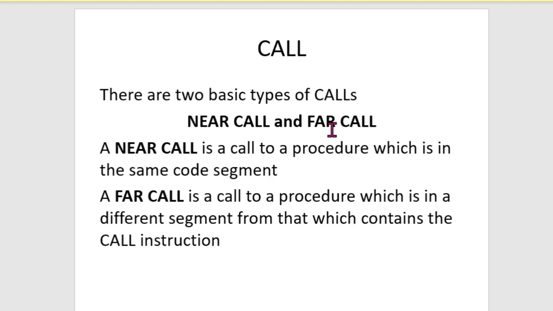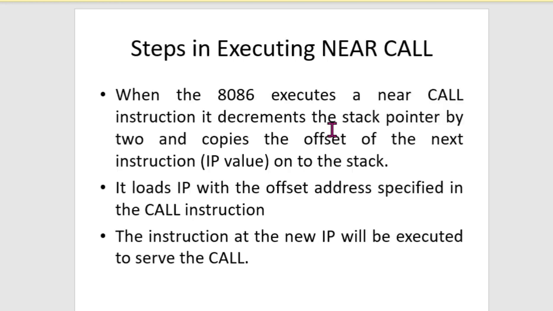When you have a code segment which is limited to 64 kilobytes and somewhere you are calling a function, a procedure, if you want to define your subroutine in the same segment, then it has to be a near call. If you are defining your subroutine as a function in some other location outside that 64 kilobyte code segment range, then it becomes a far call. So only the address field will change with the near call and far call. So that is how the call is defined.